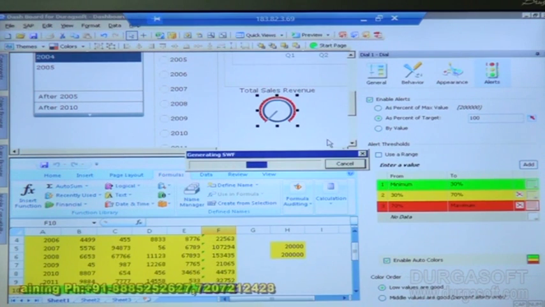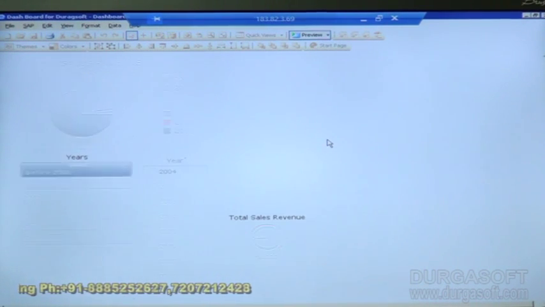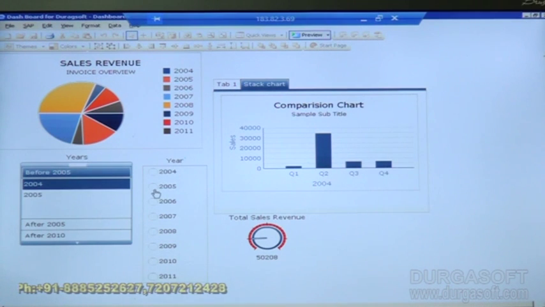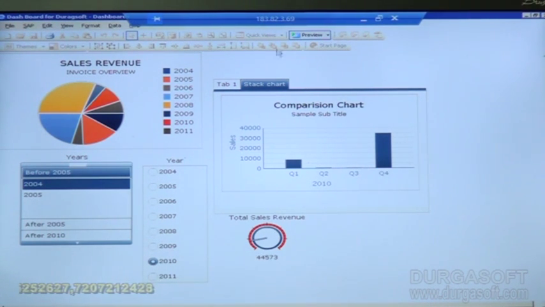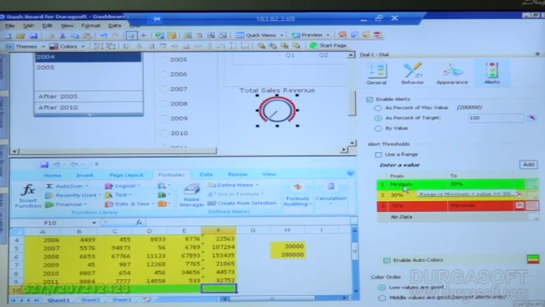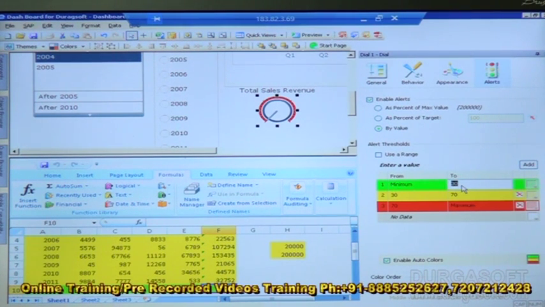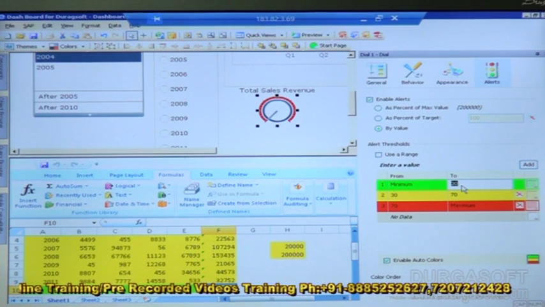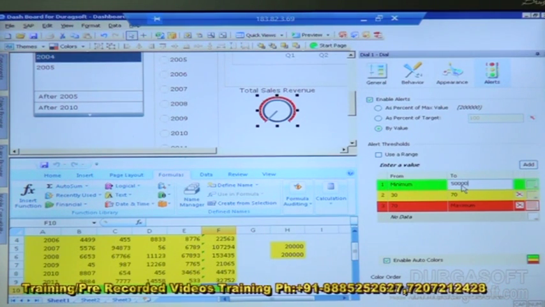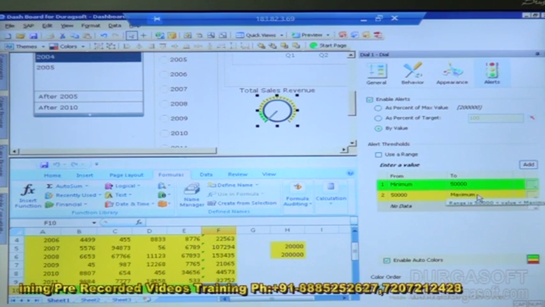It takes minimum values. If I click on 2 and 5, this is a 2 and 5 value, 6, 6. But here I'm getting only red, I'm not getting the exact value. So what I do is I'll make a minimum here. I'll take the percentage as max value 20, or I can take by value. It's minimum 2 because we have minimum 20,000, right? So I'll write minimum 20 to 2 lakhs. So I'll make it 50,000. And from 50,000 to